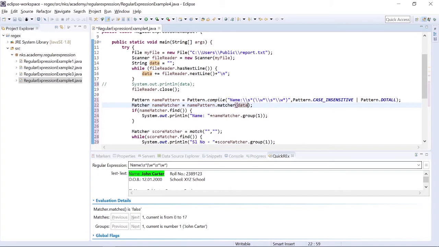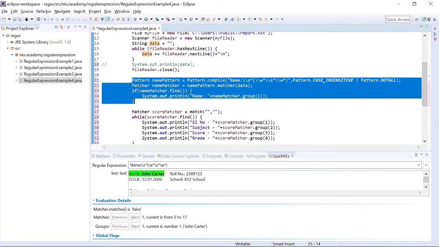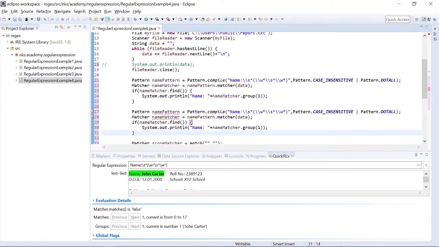Okay, now it will try to find the match and it will print the name. Now suppose we want to print the roll number also. Okay, now what we will have to do, we will have to copy this and paste it again here, and we will change the names like roll matcher, roll pattern, and then we can do it.